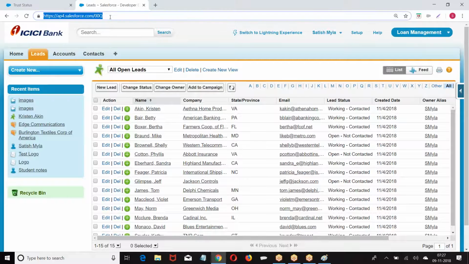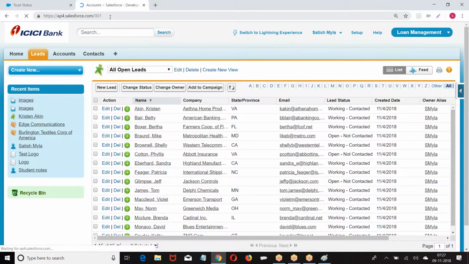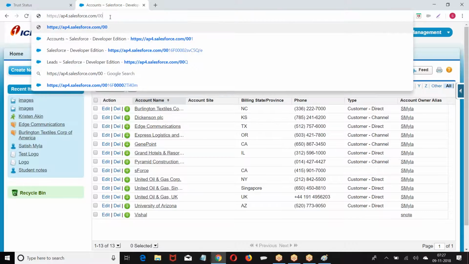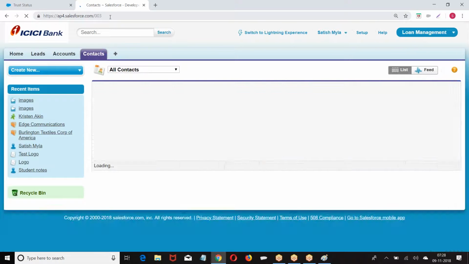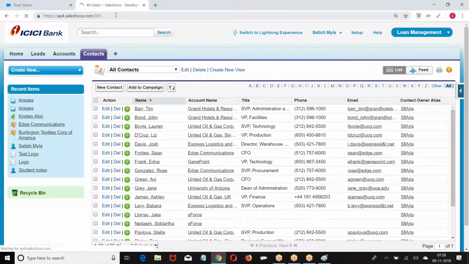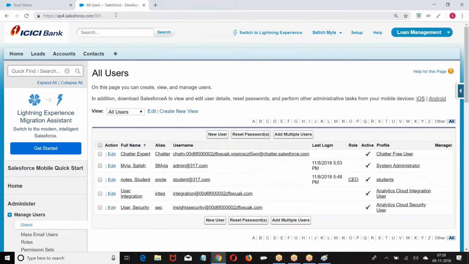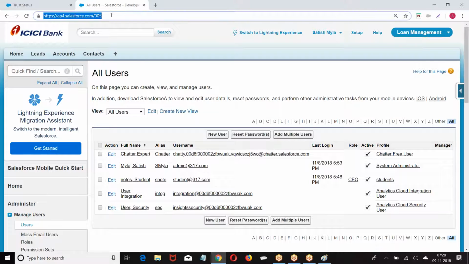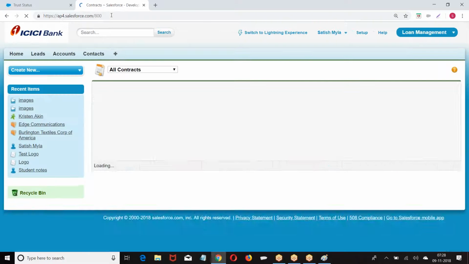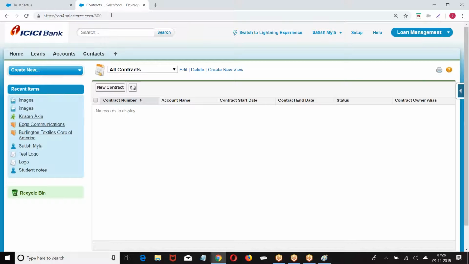If I give 001, it takes it to account. If I give 003, it will take it to contact. 005, it takes me to user. Now, if you go to this, I have 800. Are you getting my point here?